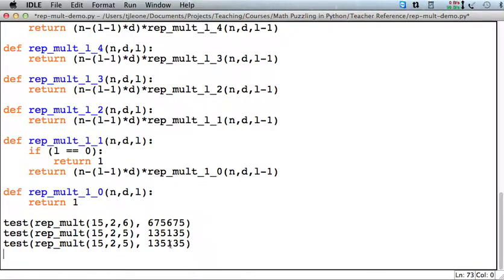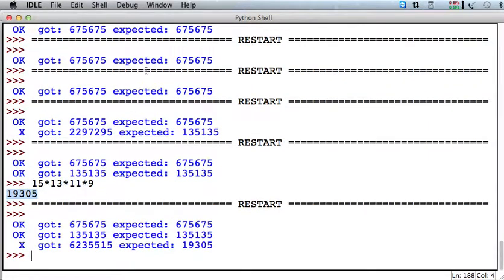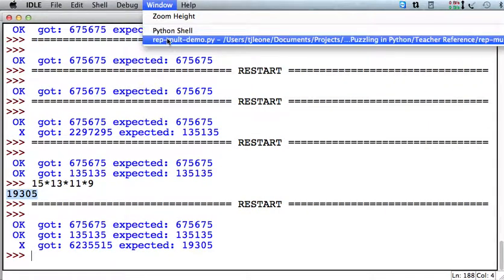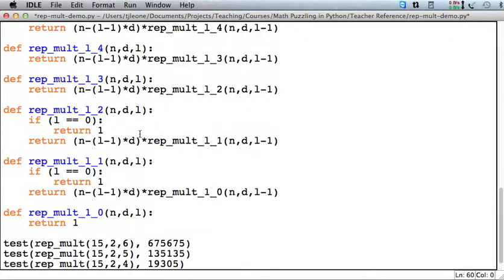So let's check. And that's if we just have 4 factors, right? So we can test that one. Oh, looks like we need another one of these checks for 0, right? So now when we get this far,